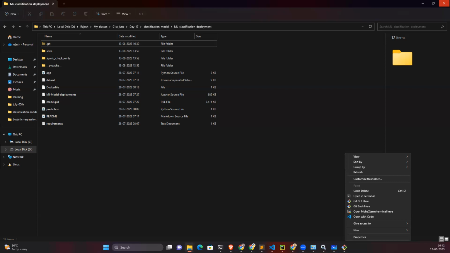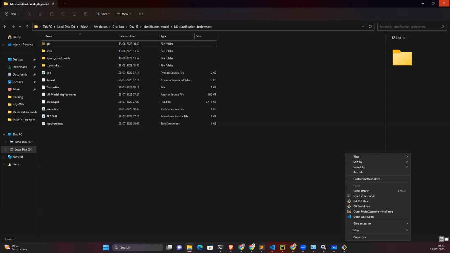Now run the command git add dot. Git space add, and then space dot. Enter. So everything is fine now. Now again run this command, git status. Everything will become green.